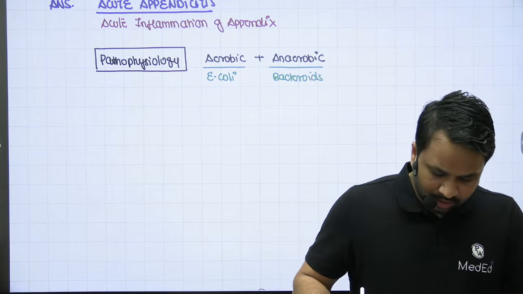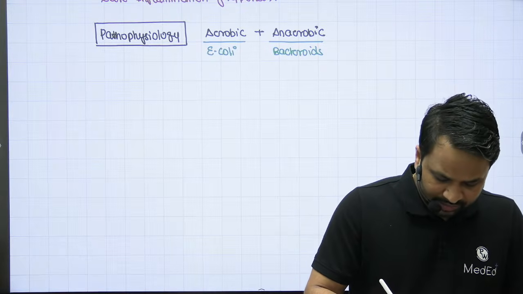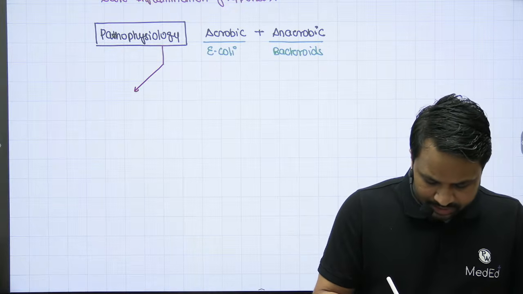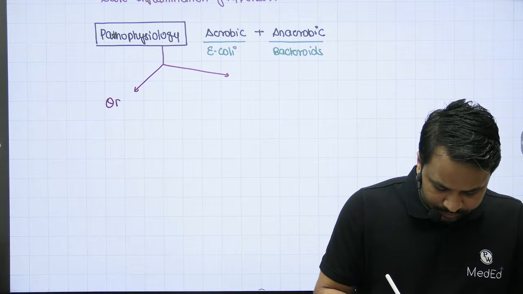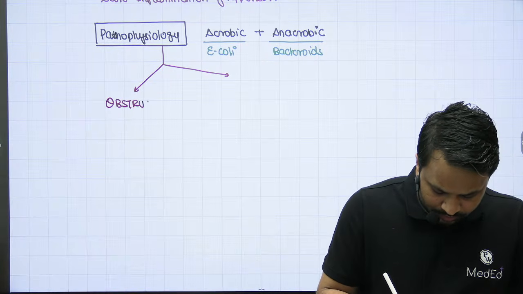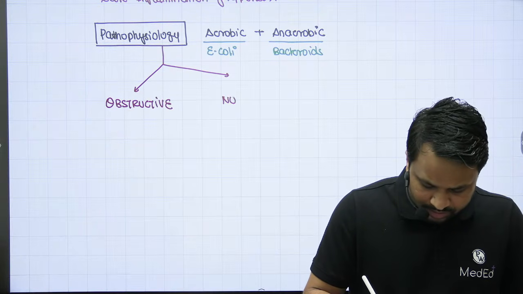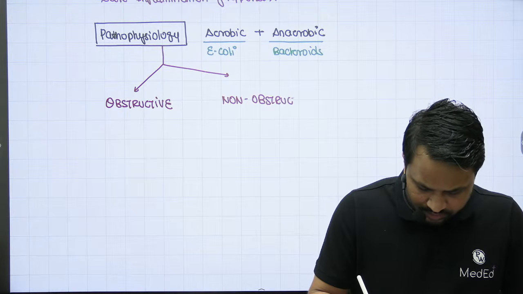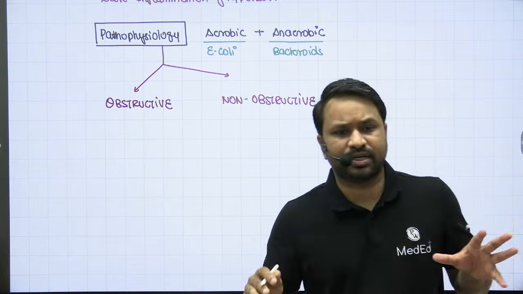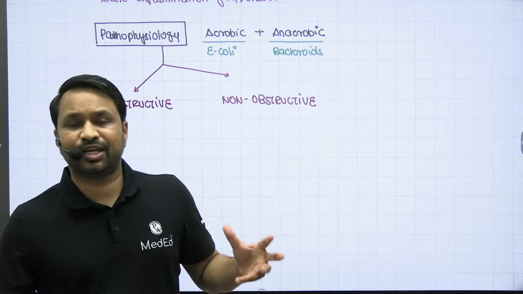right? Now, based upon how it is going to present, I can divide the pathophysiology into two categories. One is the obstructive form of acute appendicitis, another one is the non-obstructive form. Now, it's a simple concept that if the appendicular lumen gets obstructed, the secretions are going to pool up in the